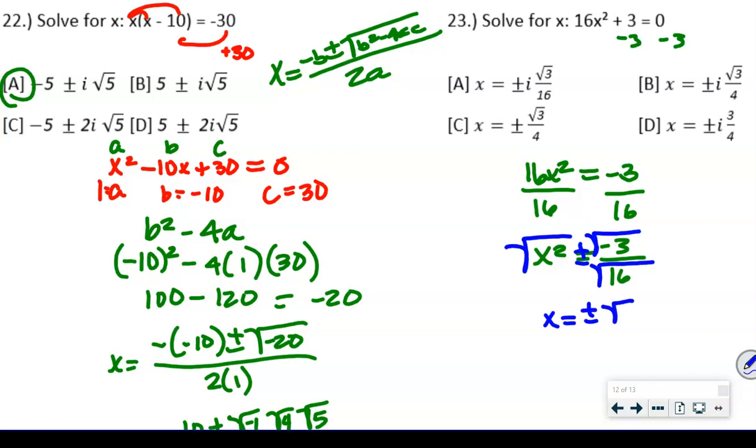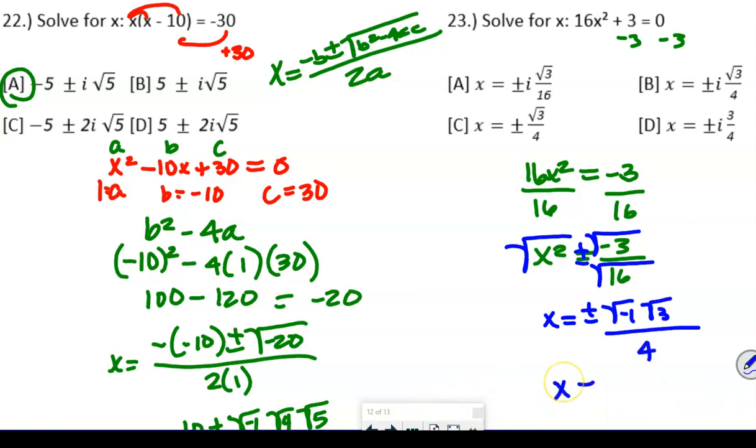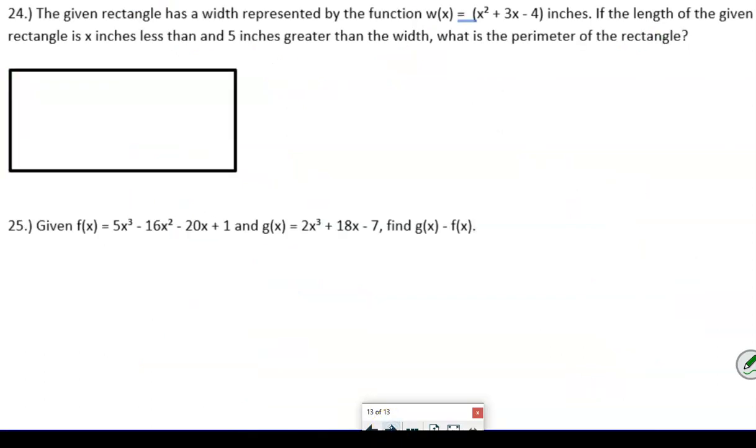Now, isn't this the square root of negative 1 times the square root of 3, y'all? Yep, and that's going to be the square root of 16, which is 4. So when we continue simplifying this, remember, this bad boy right here is what? i, right? So it's going to be plus or minus i square root of 3 all over 4. All right, number 24 says, the given rectangle has a width represented by the function, and it gives us the width. If the length of the given rectangle is x less than and 5 inches greater than the width, what is the perimeter? So it's asking us for perimeter,